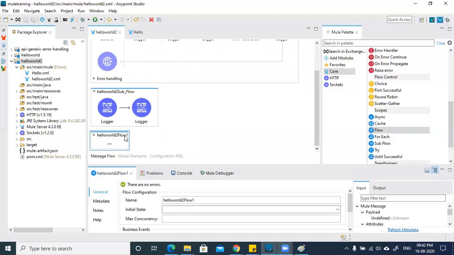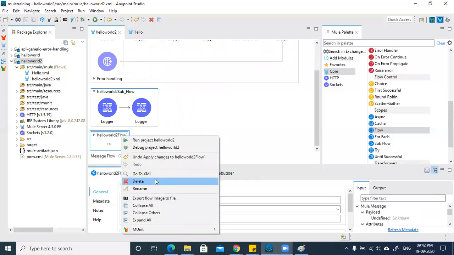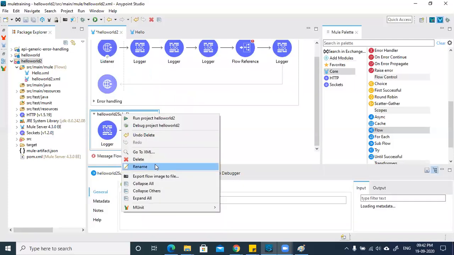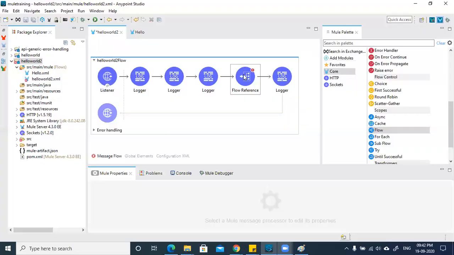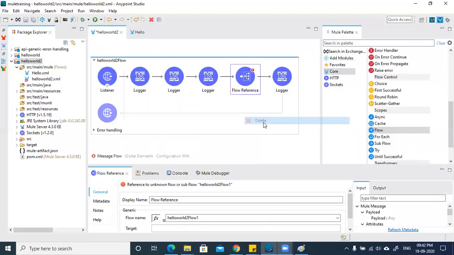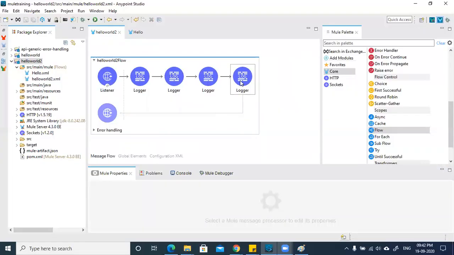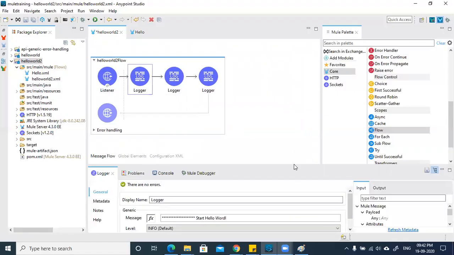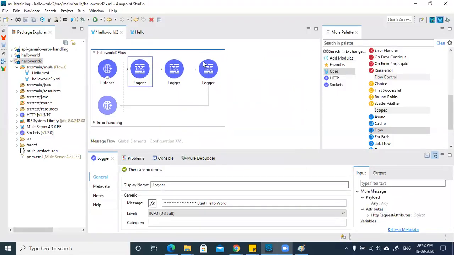Okay, so what I'm going to do is I'm going to delete this, I'm going to delete this too, I'm going to delete this too, right? We'll revisit this in a couple of minutes, right? Okay. Next,